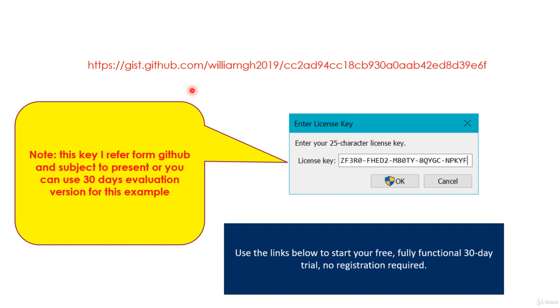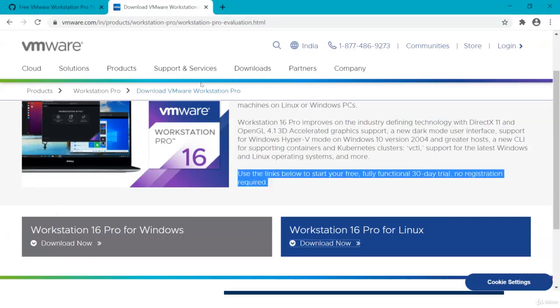I grabbed one of these keys. I'm not sure how long it will be valid, but since 2019 it has been placed on a site like GitHub, and this is the key I used, which starts with capital ZF3R, and something like that. It's 25 characters, but I'm not sure how long this key will be available. You can check it on this website, and here they have input the entire details,